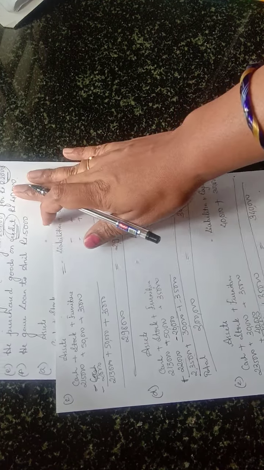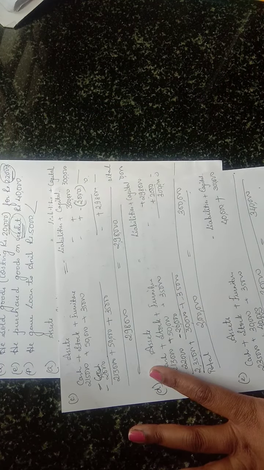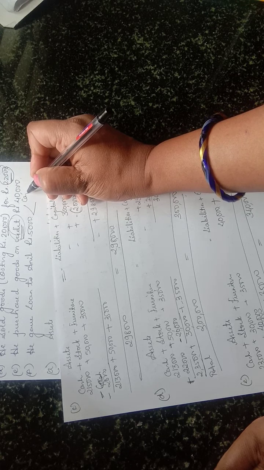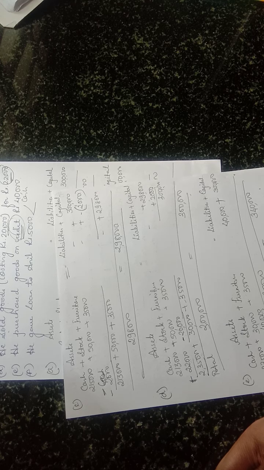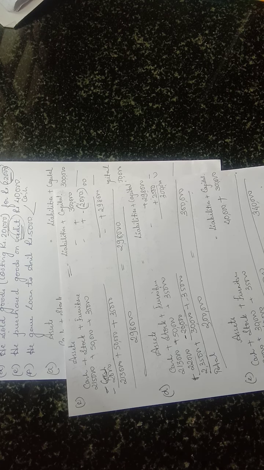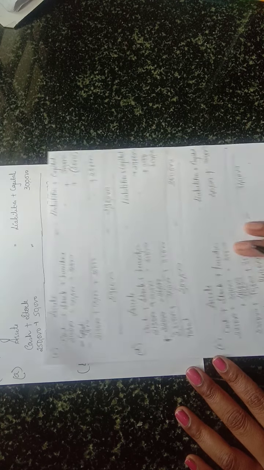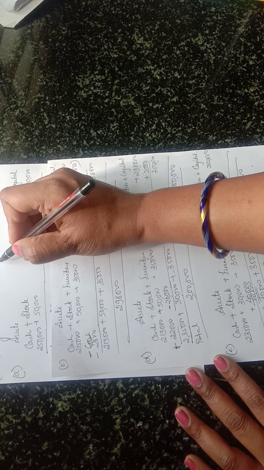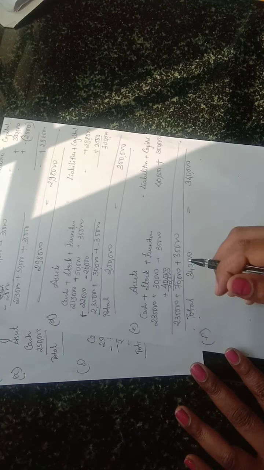Next, last one, F. He gave loan to Anil. So he means Kunal gave loan to Anil. Loan is paid how? It is paid in the form of cash. So cash account will come, and one more, loan. Means Kunal has given loan to Anil. So one cash account will come and one debtor. So Anil is our debtor now. Amount due from others. The person who will pay us money, what will he be to us? Debtor. Right.